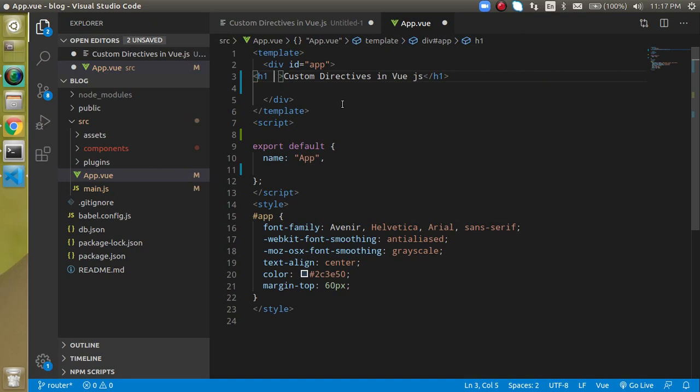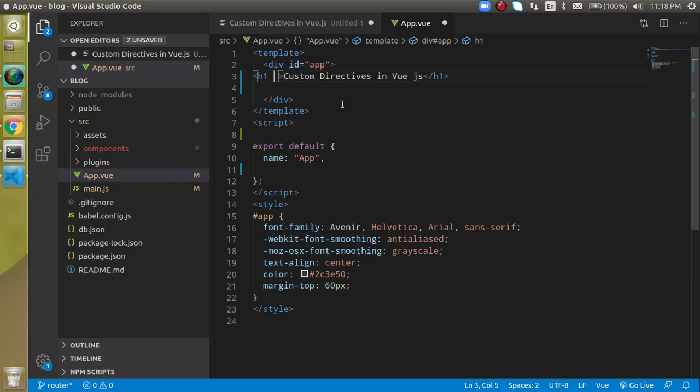So now let's see what is the custom directive. Obviously there are lots of directives, but still sometimes we need to make some custom directives. Now you may have a question: why do I need to make a custom directive, why can't I make a simple function? Because if you just make a simple function, you have to call it in every file. But when you make a directive, you don't need to call this function. It will automatically register in your application when your application is loaded.